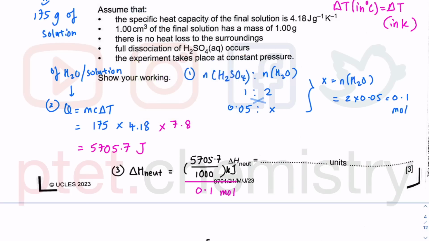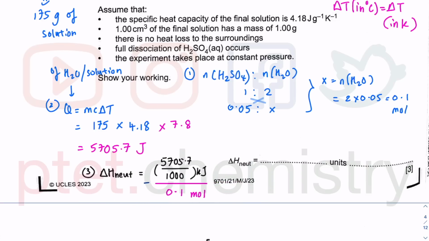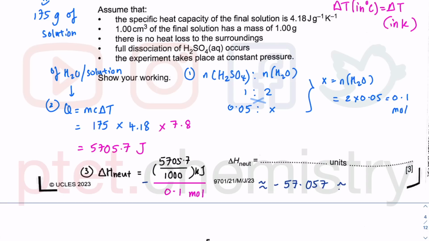So the sign there is going to be negative, as this is an exothermic reaction for neutralization, as the temperature rises. So 5705.7, dividing that by 1000, dividing that by 0.1, and I get the final answer to be minus 57.057. I should give my final answer to 3 significant figures, consistent with all the data given in the question: